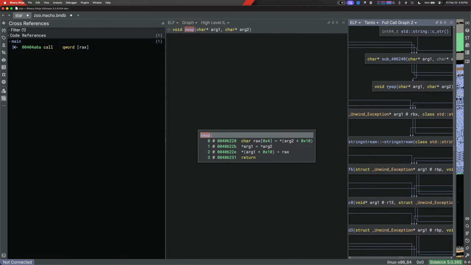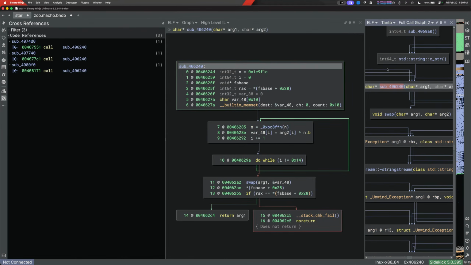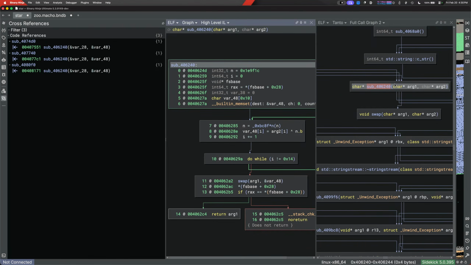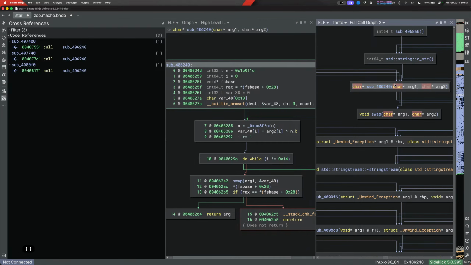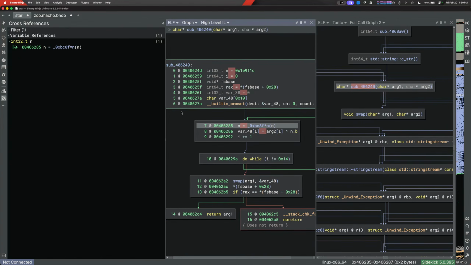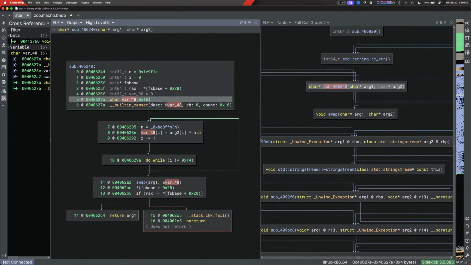It does, oh, it's right there. Okay. And it's just being called by this function, which I believe we got to by one of these other functions. Don't need our cross references to be so big. All right. So we've got some buffer here,